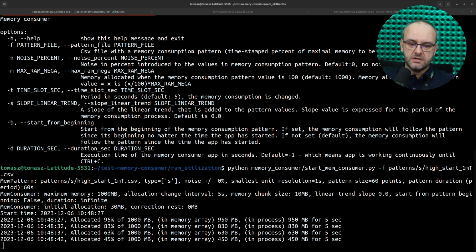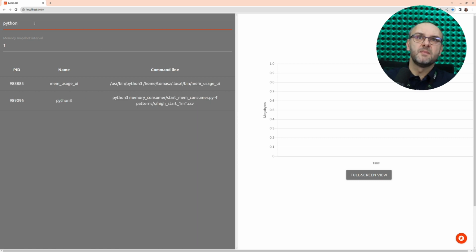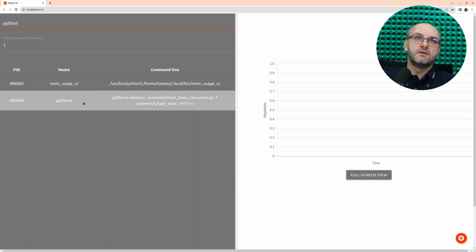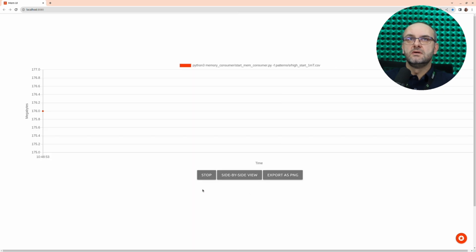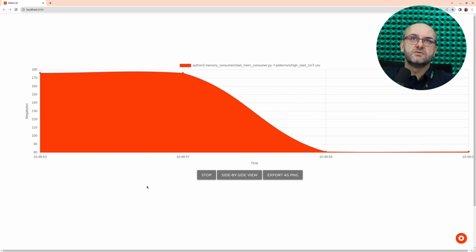And we could easily see it by filtering the processes. Here we could see this is our application. And now this tool will simply show how our program is consuming memory in time.